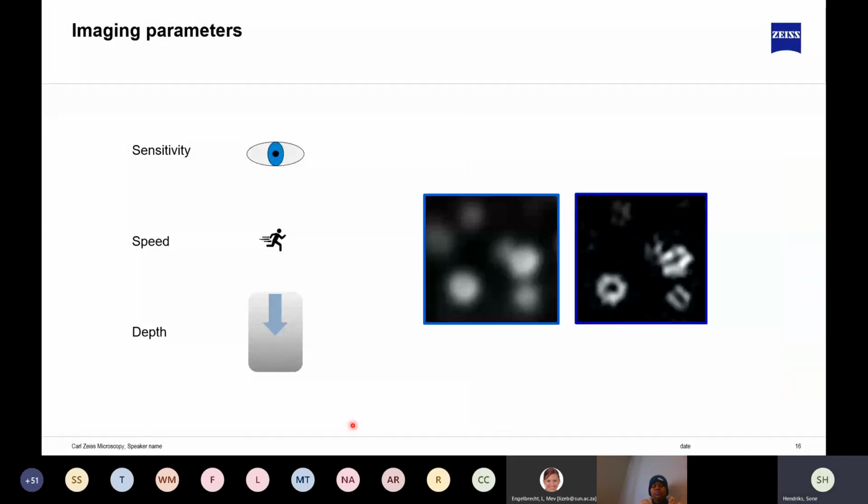The fourth imaging parameter is resolution. Resolution is defined, and I think Anya explained this on Monday as well, as the minimum distance between two structures that would still allow you to see them as two separate objects. This practically means that if you're looking at a structure, like in this example of the Drosophila neuromuscular junction, if that structure is beyond the resolution capability of your objective, then you will typically just see a fluorescence blob or